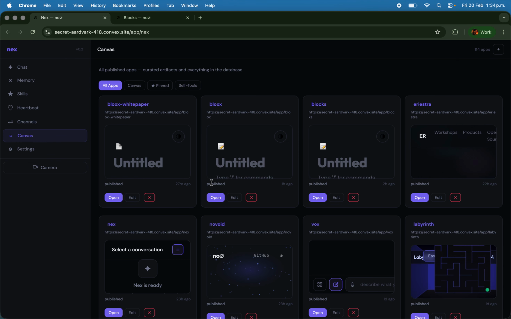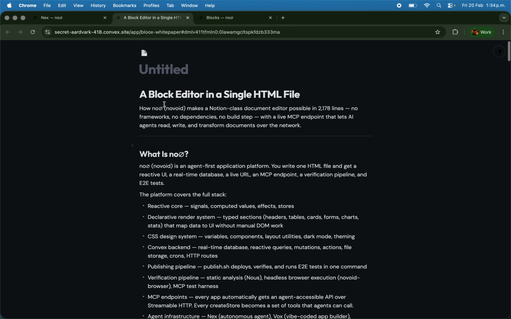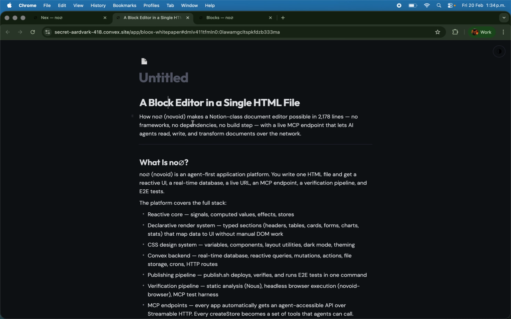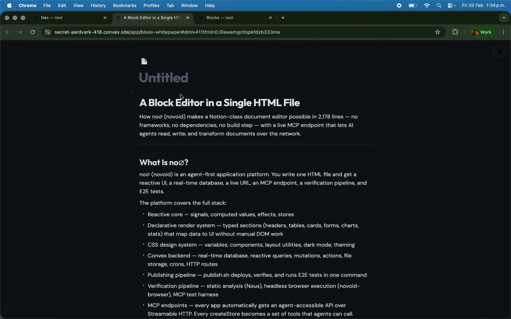So let's see if I can show you now. If I open this, the white paper. So this is a white paper that was built in an automated way. And why? Because all of the apps that we produce with Novoid have an MCP